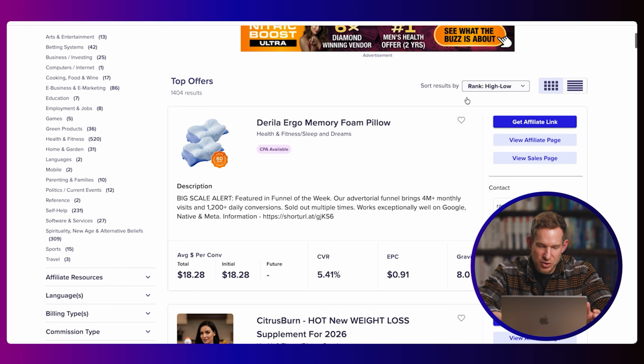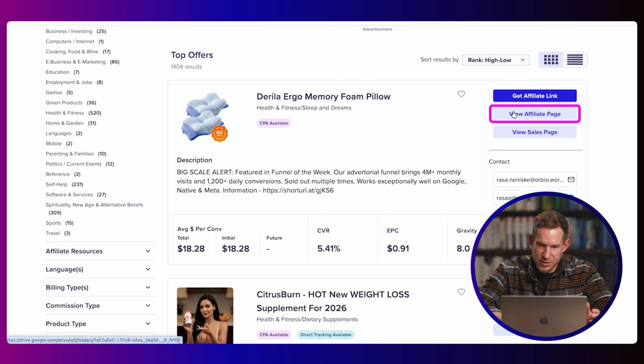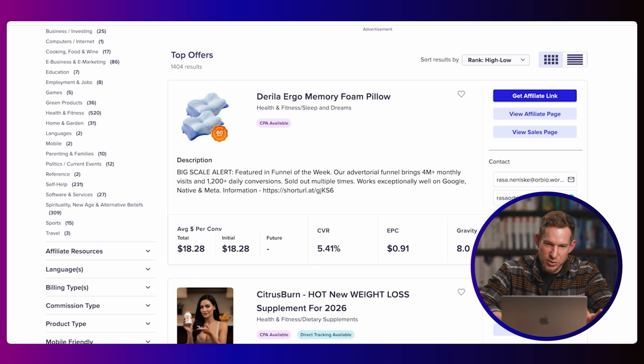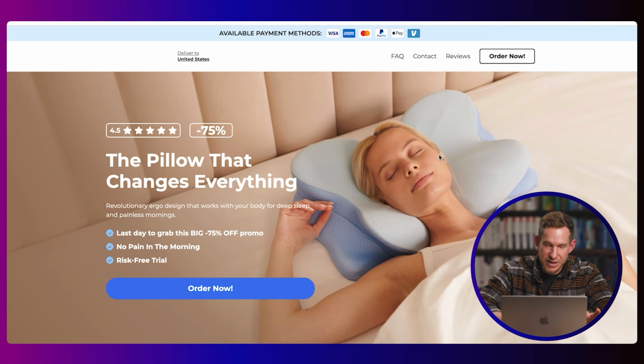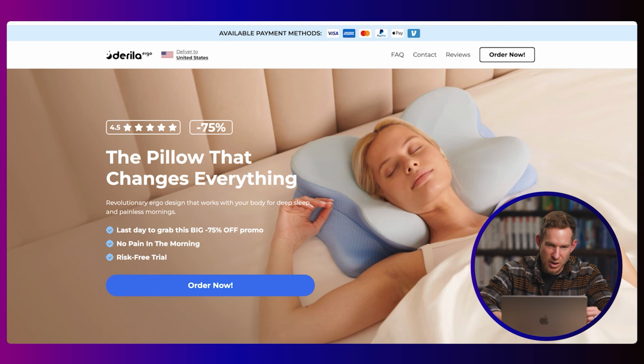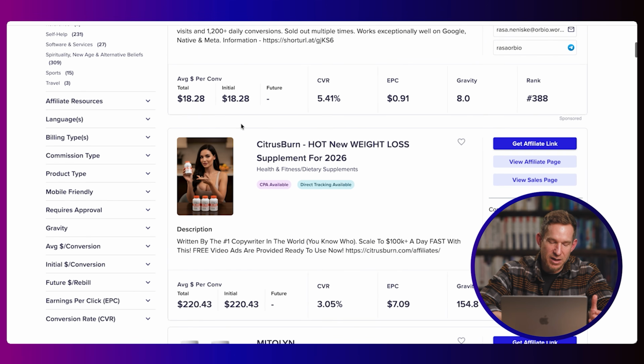So anytime you're inside the marketplace, there's a bunch of other cool stuff like affiliate resource pages, and you can actually preview the sales page of each individual offer. But anytime you go to make a link, that's where that affiliate nickname will come into play. You're going to use that inside the link to promote the offer. Same thing on the seller side. When you make your nickname account as a seller, that's going to be the nickname that shows up for the affiliate to see inside. And those are important because not only do you put those in the URL,